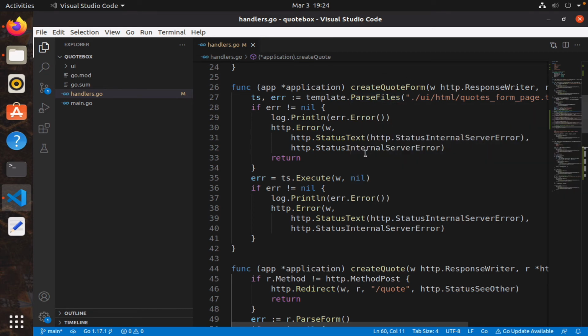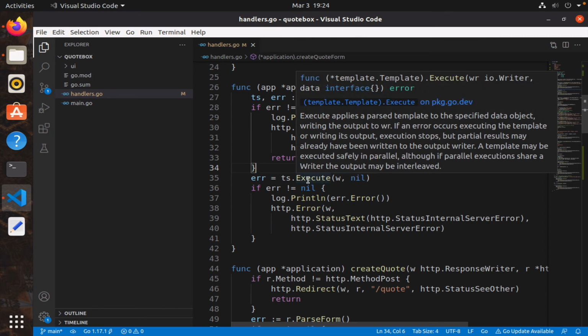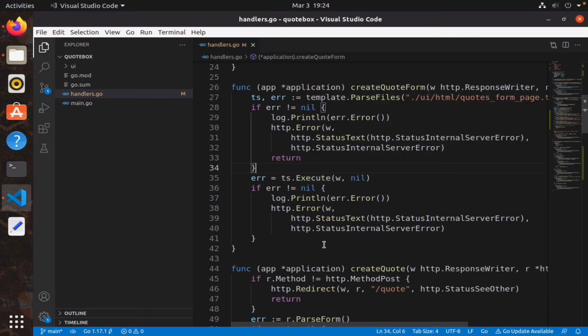However, we want to ensure that the template has the error message map and a copy of the data that was correct in the fields so that we can repopulate those fields. We want to pass all of that to the execute function on our template so that it can incorporate all that data into our form if the user has to re-input stuff. That's how it's done. Now we have a slight problem though,